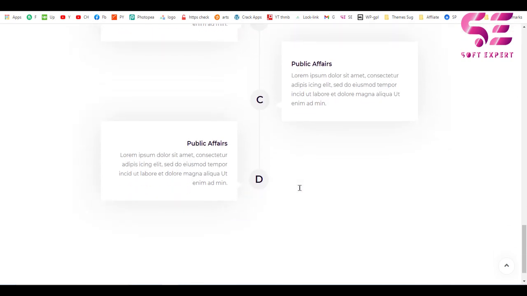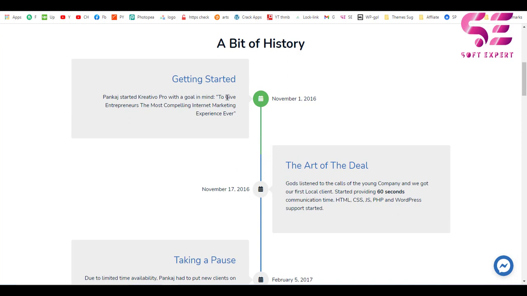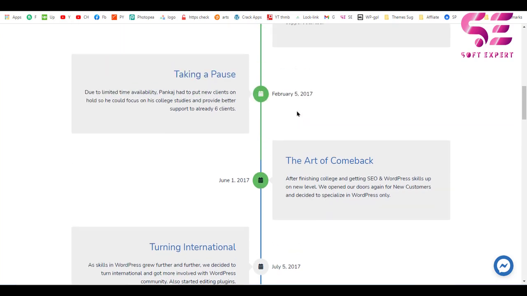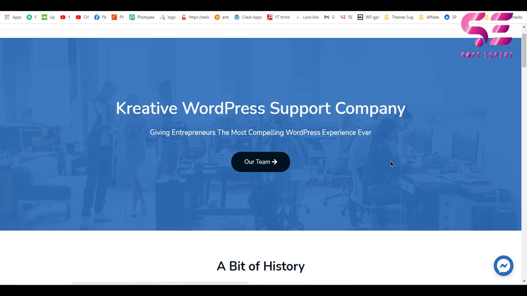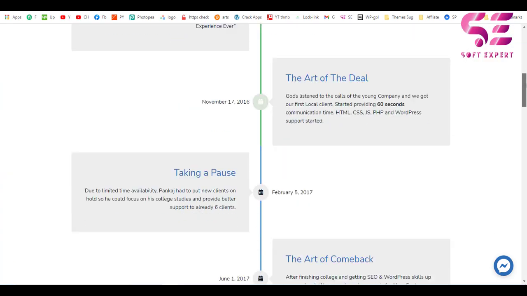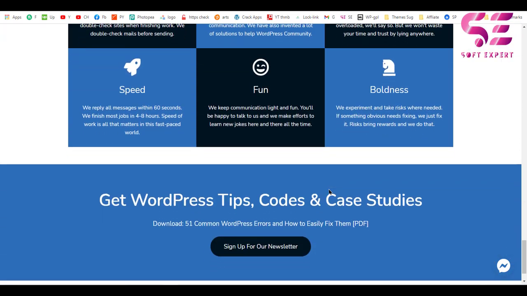And basically I was working on a project for my client, and he demanded that he need this type of page. So as you can see, it has a vertical timeline which shows the brief history and a little bit header section and so on. So we can create this by using Elementor, and that is what I will show you in this video. So we will create this page, and also we will create this one.